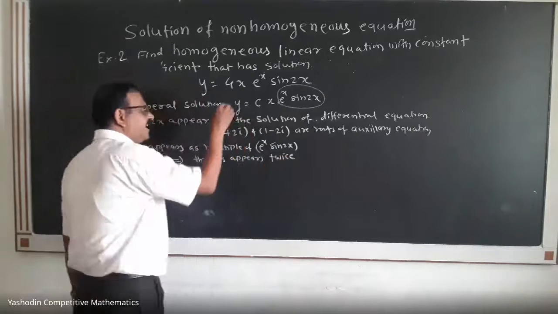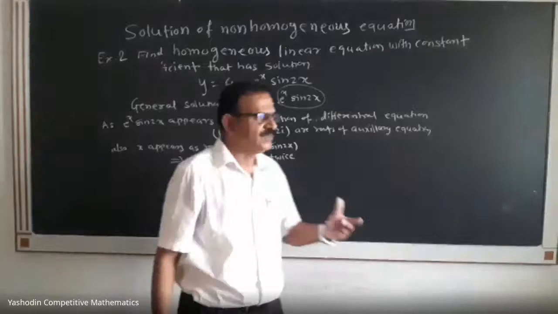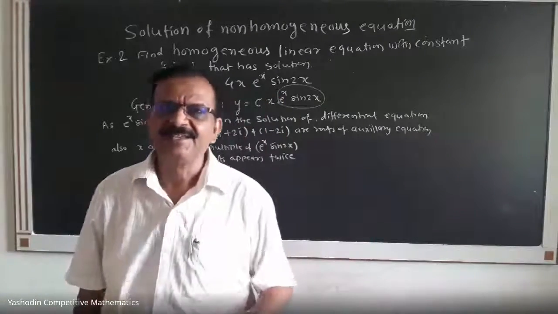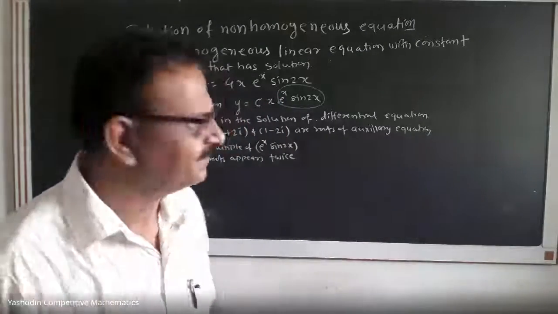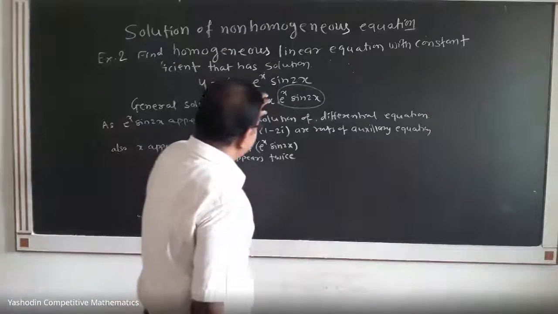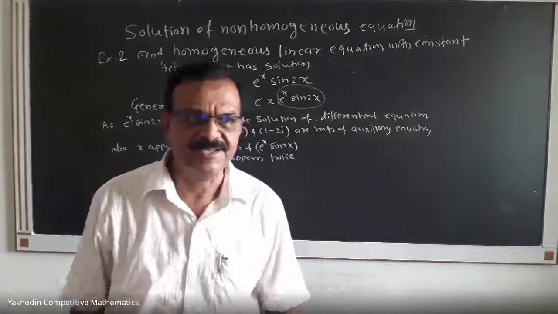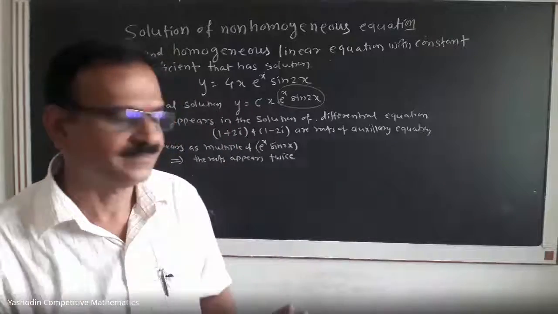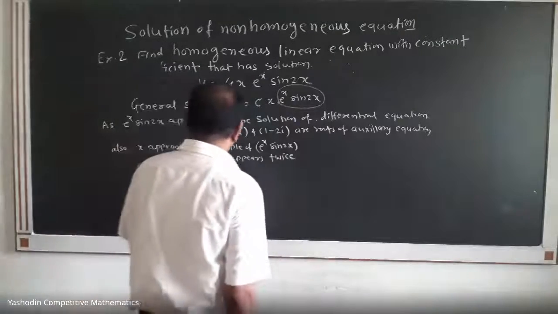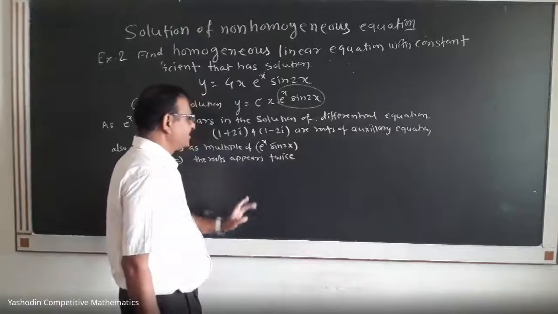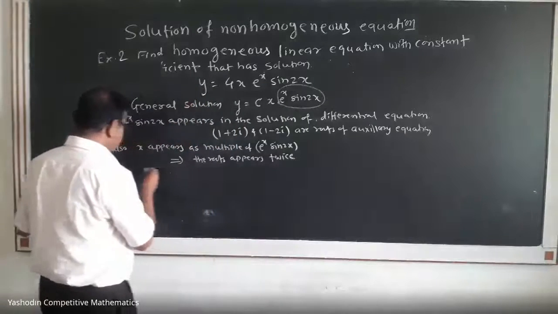The factor x shows that the roots appearing, appear twice. If there is a term x square, then that x square says that whatever root appears, that root appears 3 times. And hence, as these roots appear twice, the roots of